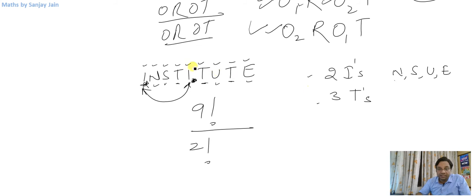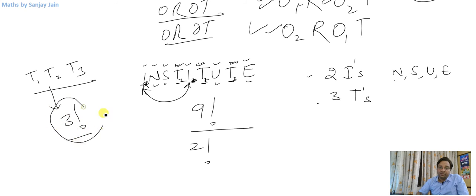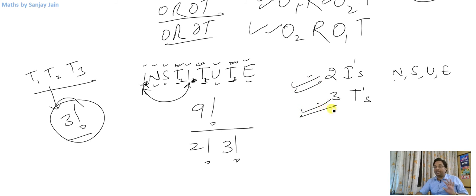Now what about these T's? If this T is here, this T and this T, consider them T1, T2, T3 in your mind. So if there is this T1, T2, T3 or T2, T1, T3, or let us say any possible arrangement of T1, T2, T3, what are the possible arrangements? 3 factorial. So these are being over counted. So I'll have to divide it with 3 factorial to take care of that. So these were number of I's which were alike. These were number of objects which were alike. So I have divided it with 2 factorial and 3 factorial here. Now let us generalize this idea.